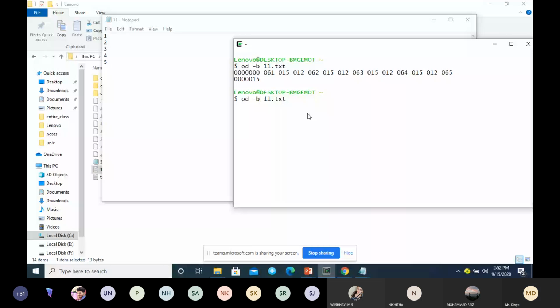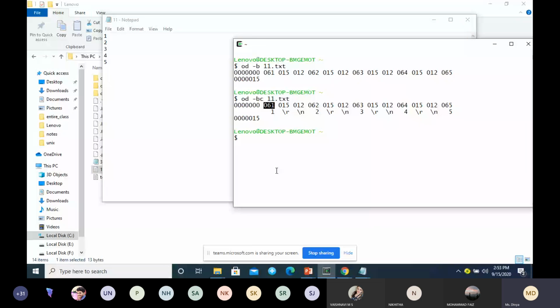See the difference: when I use option C, it will display the characters along with the ASCII octal values. So for 1, the octal value is 61, and for tab space and new line there are their own values. For 2, it is octal value 62, and so on.